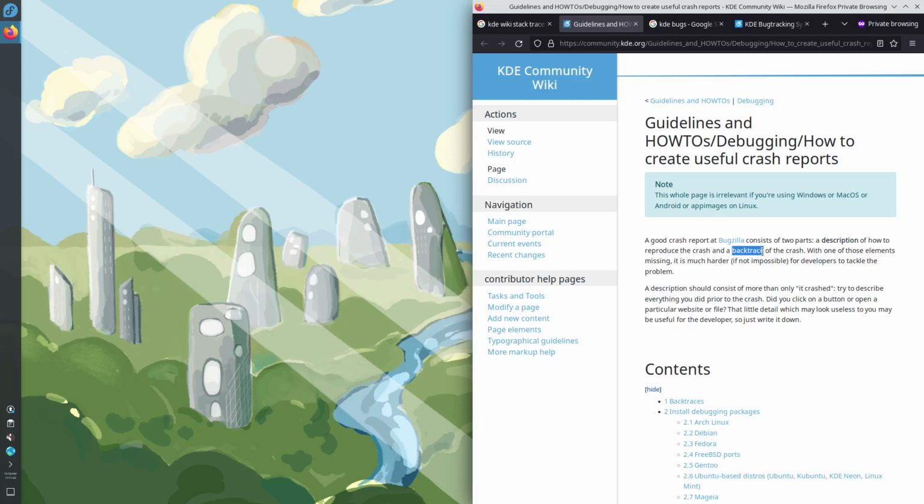So I am a KDE developer. I am looking at the bug report that you have just created. Is this actionable by me? Can I reproduce it on any virtual machine? Can I reproduce it on my hardware machine? What are the steps required in order to reproduce the issue? And the backtrace is